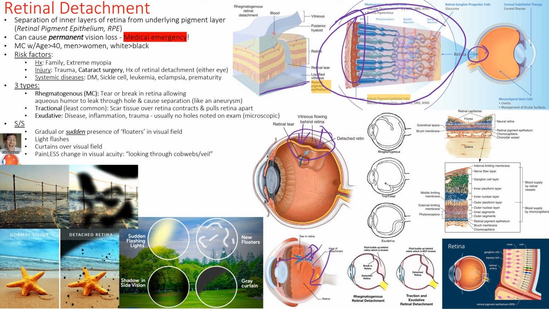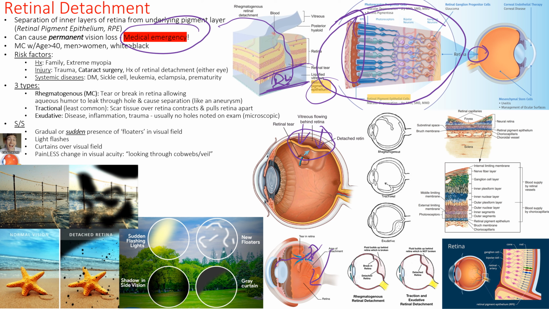So it's this back layer and the layer right above it that separates, right? The retinal pigment epithelium is the back layer that all these things are glued to. And then, of course, we can get a rip if it's from surgery or from trauma. And then, ironically, fluid will make its way back in there, and it will start separating it more, which is the danger here. Okay? It can cause permanent vision loss. It's a medical emergency, right?